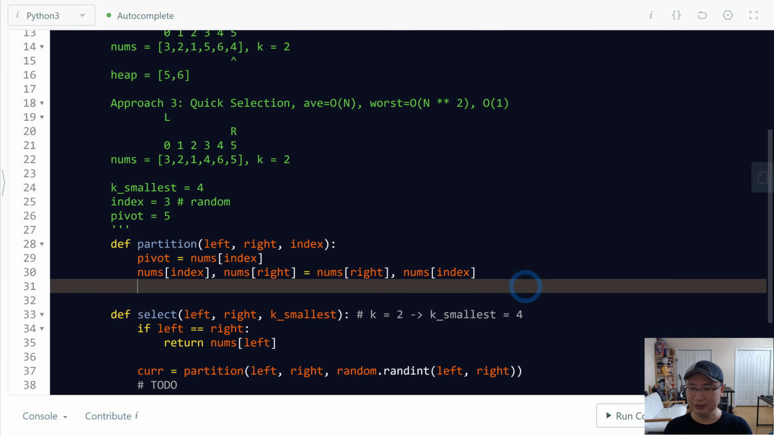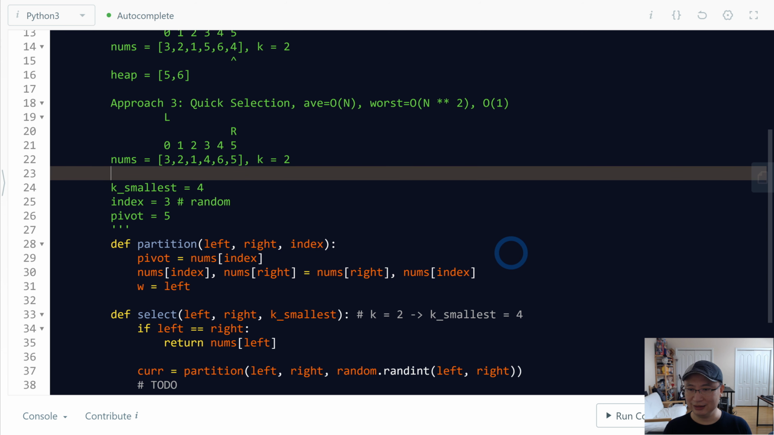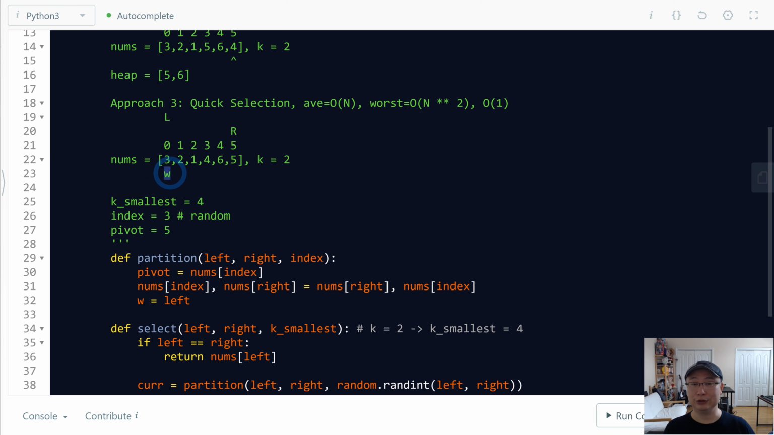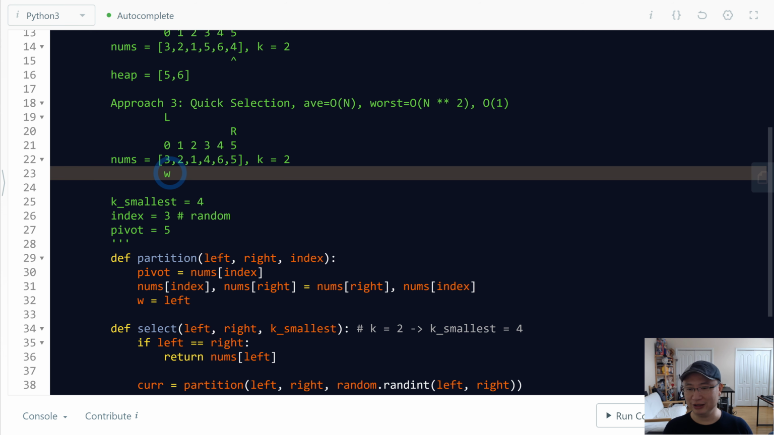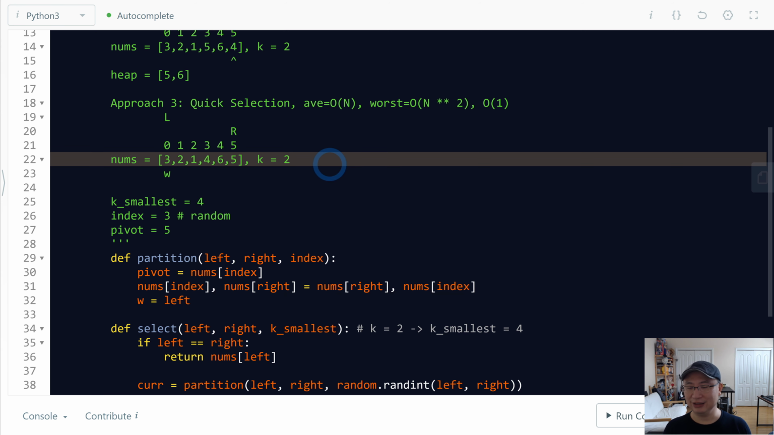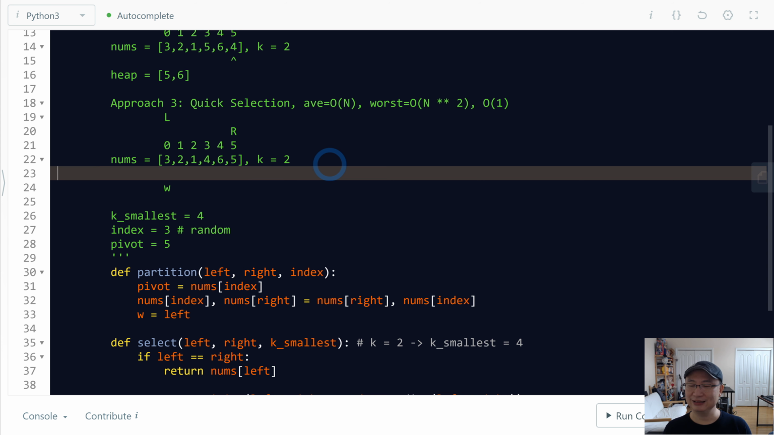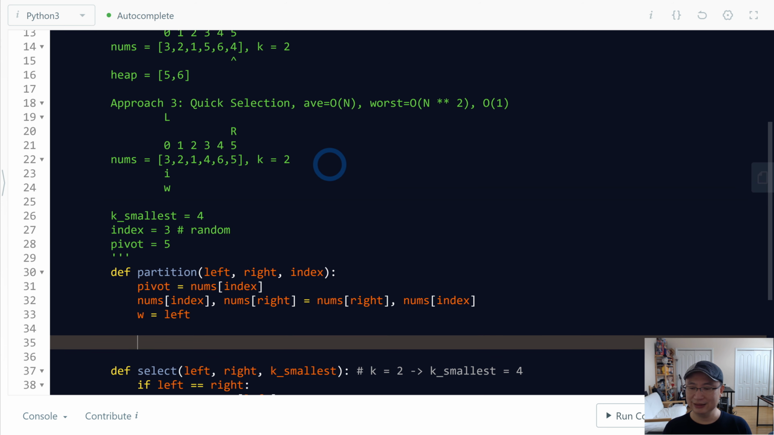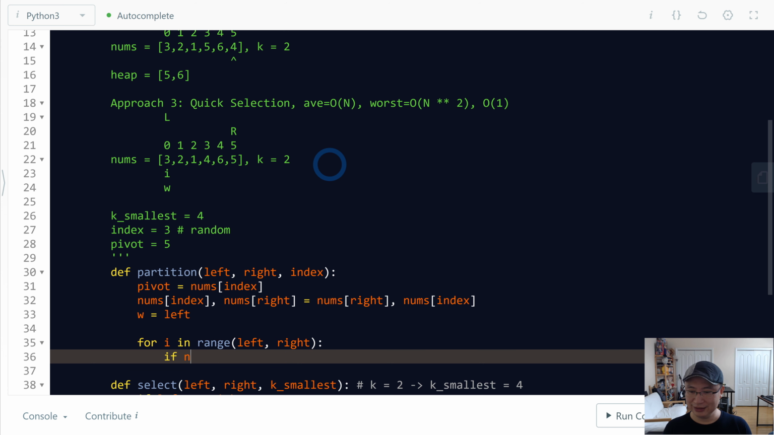Now we're going to start. W is the left. So in this case, here is W. So this one is the index to swap. After swapping, it will increase. And then I also need i. So I will iterate for i in range left to right, or only the boundary, and then if nums[i] is smaller than pivot,